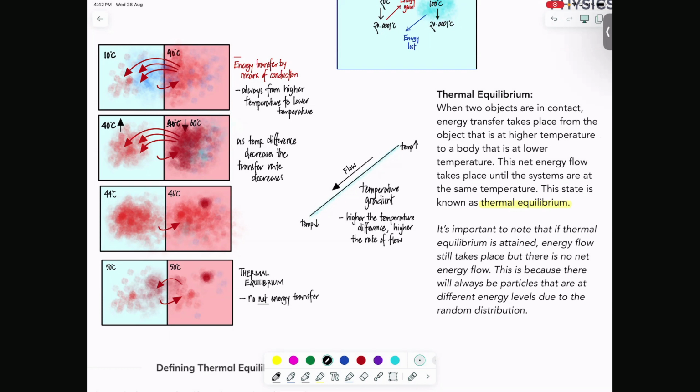Okay, so if any question, let me know. This is thermal equilibrium. বলো। এই যে ফার্স্ট এটা